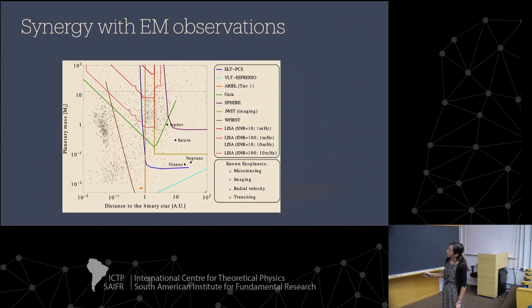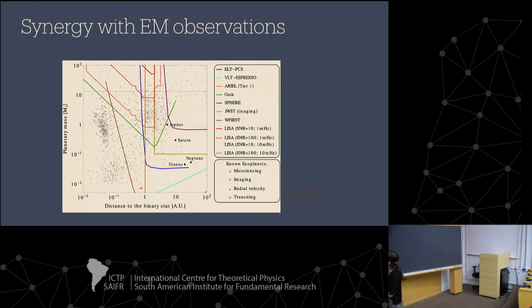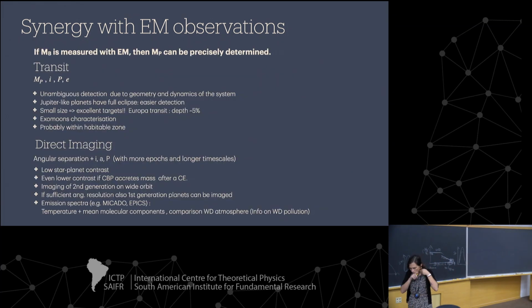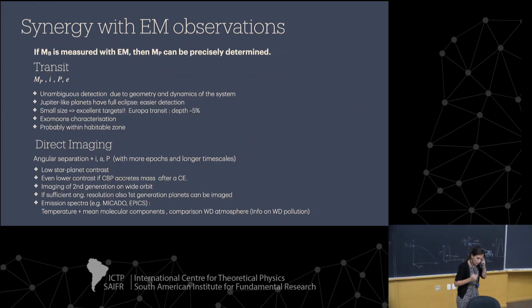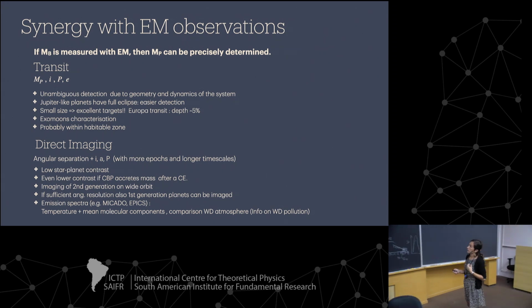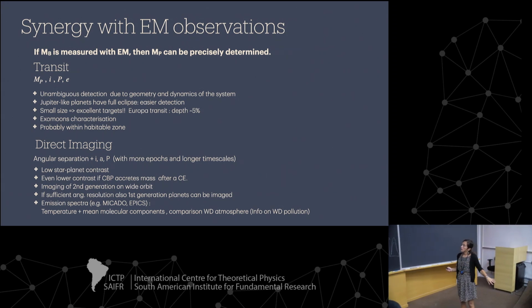Here you have WFIRST that was covering this, so microlensing will be a good follow-up as well, even if microlensing can happen only once. So that was just to give you an idea that sometimes you need to do this kind of study to know, okay, if I am observing here with LISA, then which other instrument can follow up this planet? And then you go and check for the other instruments. Right, I'm not going to go into detail of that, but if you have GW and then you observe